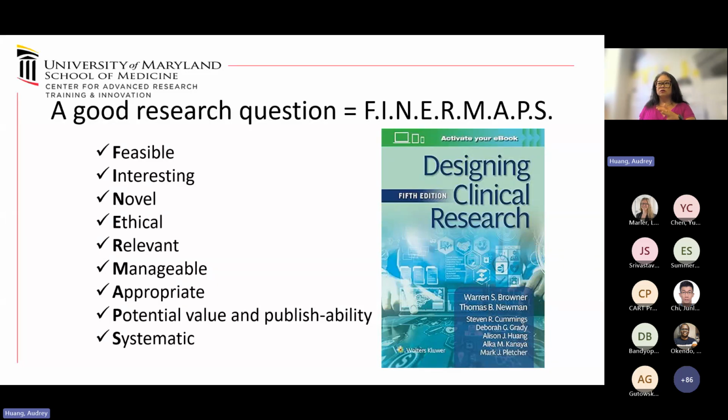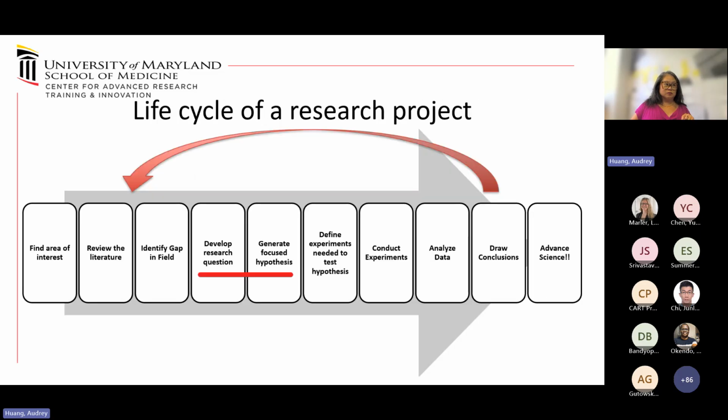This Designing Clinical Research book is not just for clinicians. It is now in its fifth or sixth edition. I think it was first published in, I want to say, the 1970s. It has been around for a long, long time. This fifth edition just came out in 2022. It may be useful for some of you all who are inclined to read books for tips.